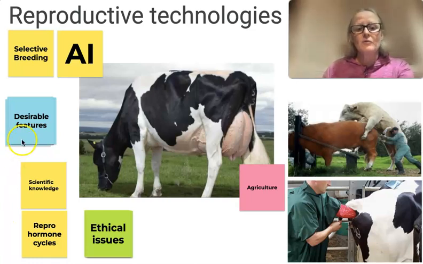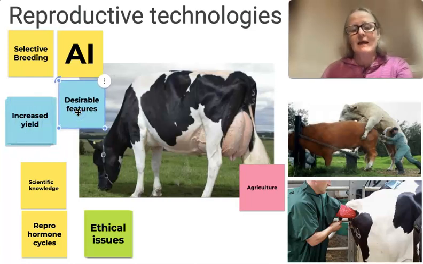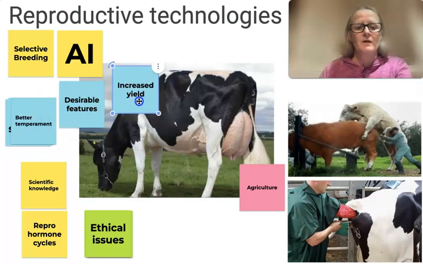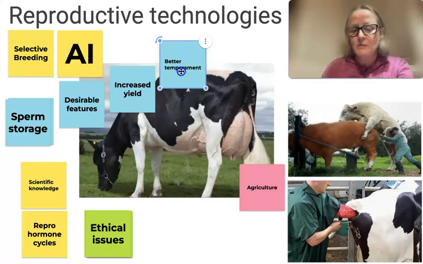The sorts of desirable features that we would be looking for when we're selecting the animal for the selective breeding will be a way to increase yield. So you can see with my image in the center here, this is a cow that has been selectively bred to be incredibly high yielding for its milk, producing far more milk than it would need for its own calf alone. You can also breed for cows with a better temperament, or maybe bulls or bullocks for better temperament,